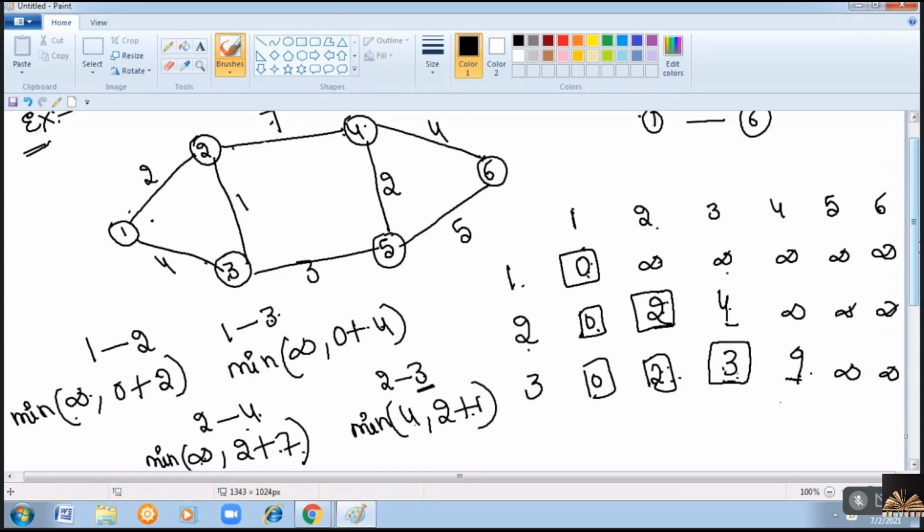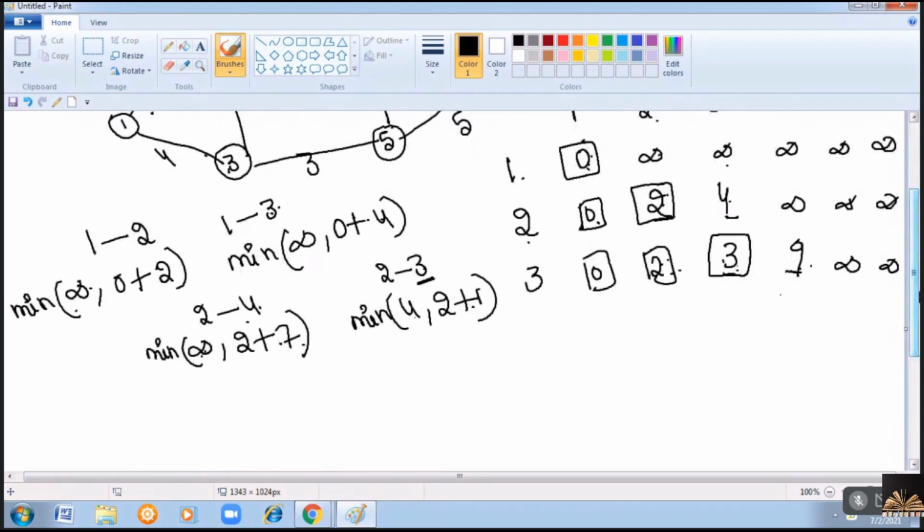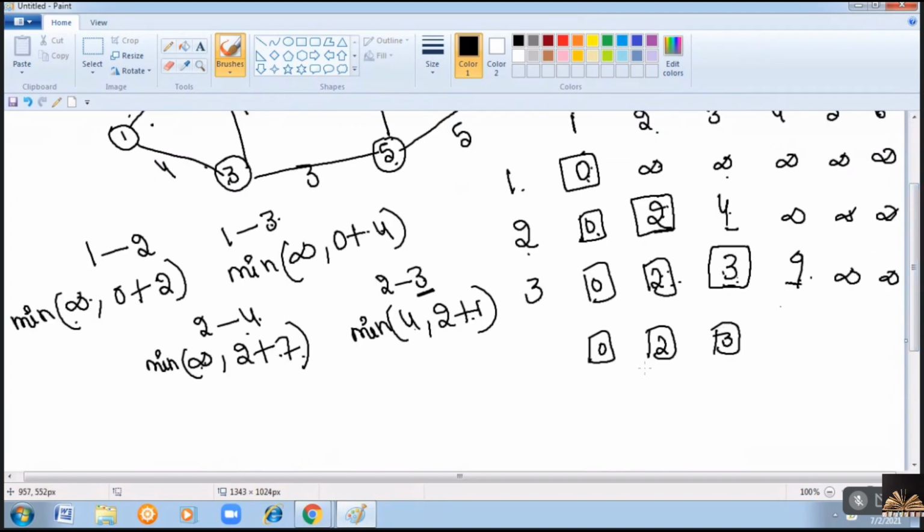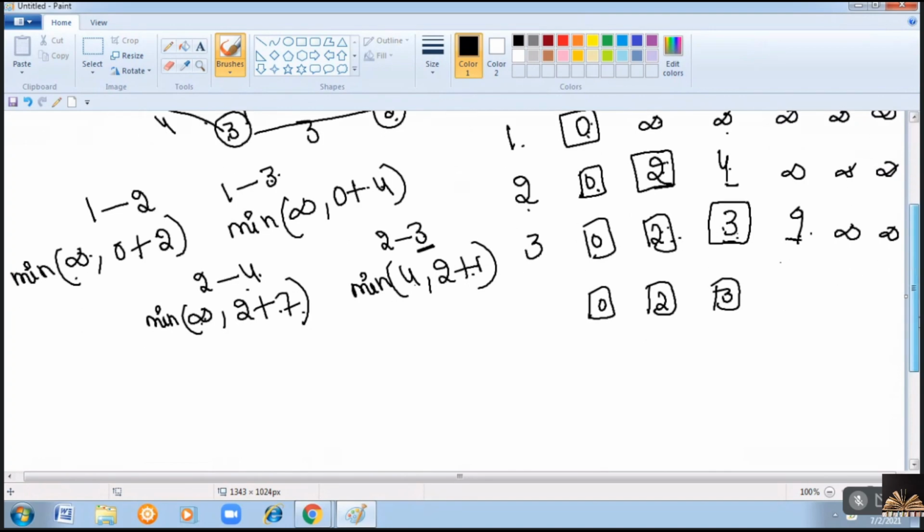So third row will be the vertex 3. Now repeat the same step. Create another row and copy all the marked values. Now you have marked 3 as permanent. So you need to identify which is connected directly to 3. To the vertex 3, 5 is connected, 2 is connected. But 2 is already marked as permanent. So you have to consider the edge 3 to 5. That means you may change this value and this won't be changed. 3 is not connected to 4, so this value won't be changed. It will be 9 only.